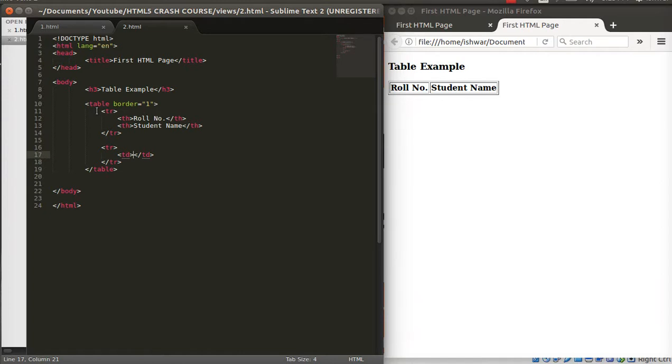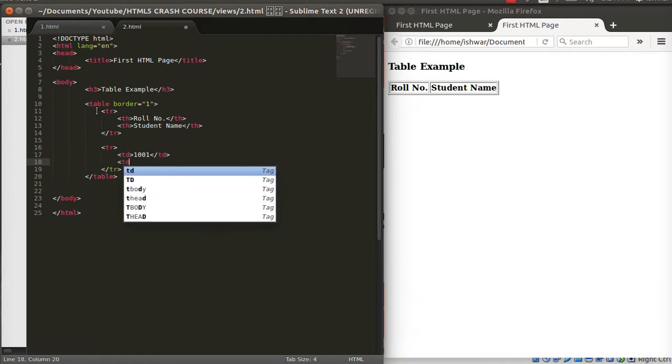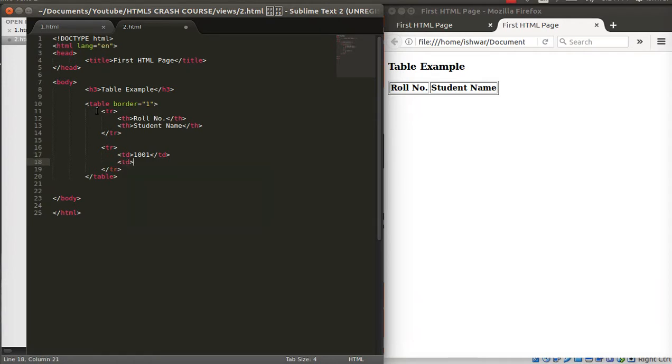Typically 3 columns contain 3 values. In similar way, 2 columns contain 2 values, so we'll use td 2 times. So I'll add here something, roll number 1001. In next row, td student name, something Adam,